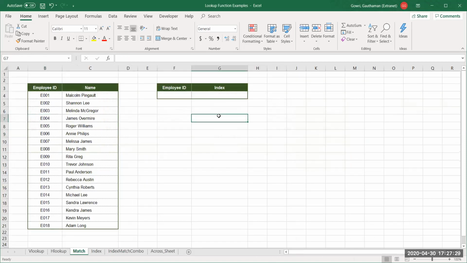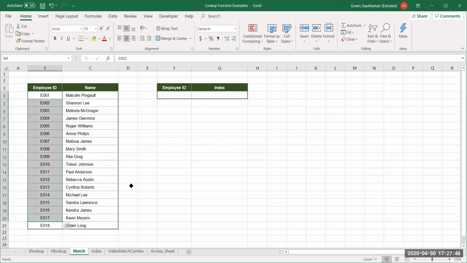Match is a function which provides a number as a result. Here you provide a value to be searched. It will let me know exactly in which position it is present in the list that I provide as an input.